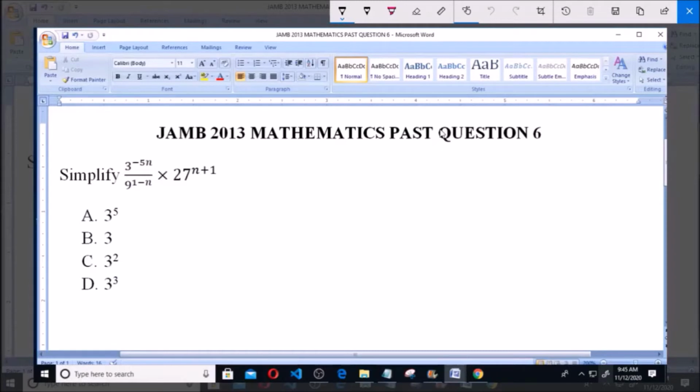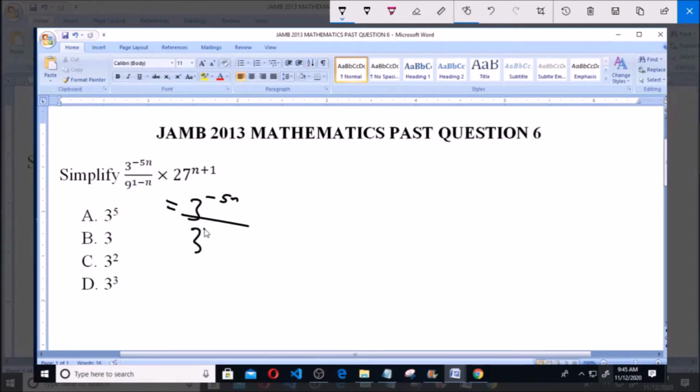Simplify 3 raised to the power of minus 5n over 9 raised to the power of 1 minus n multiplied by 27 raised to the power of n plus 1. Now this is a question from indices. This is the same thing as saying 3 raised to the power of minus 5n all over 9 raised to the power of 1 minus n, and 9 is the same thing as 3 raised to the power of 2. So this will give us